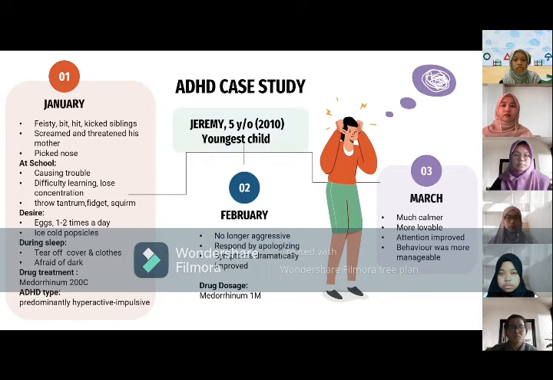Mom reported that it was difficult to get him to sit still in his seat because he would fidget, squirm, and was very impatient. Jeremy's symptoms also showed that he craved eggs and would eat them 1 to 2 times a day. He also craved ice cold popsicles. He would chew the icy popsicles. At night it was very difficult for him to get to sleep because he would be wide awake and wanted to play until at least 1 in the morning. When he finally fell asleep, he would kick off his covers and tear off all his clothes because he would get hot. He was also afraid of the dark. He had a fear that there were ghosts under his bed.